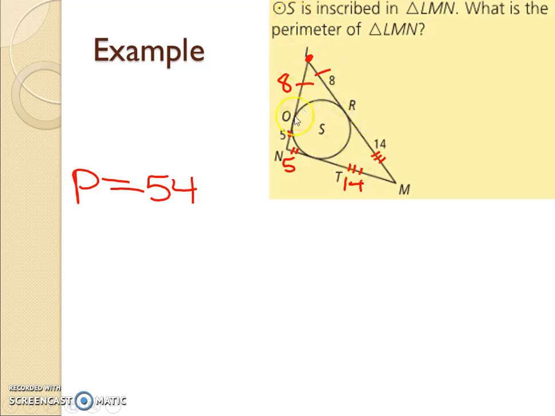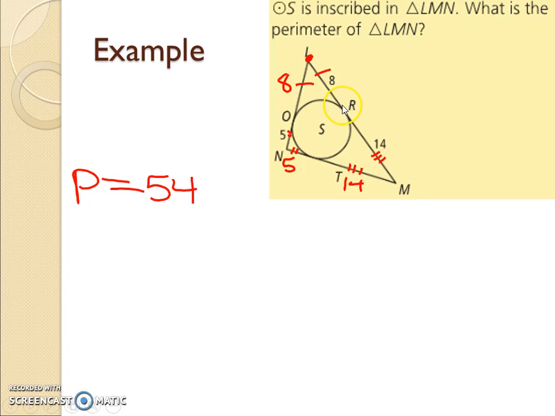Circle S is inscribed, meaning inside, triangle LMN. This is the triangle. What is the perimeter of triangle LMN? First of all, these two lines right here, they are congruent because this is a tangent line to this circle. If I draw that, that is perpendicular. So if this is 8,